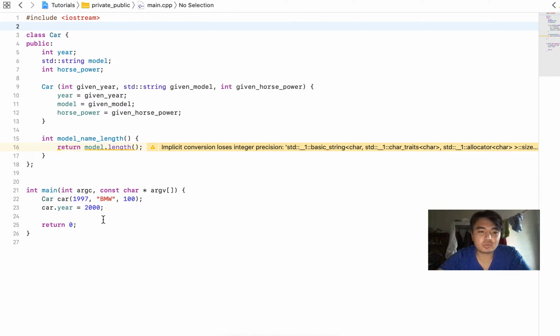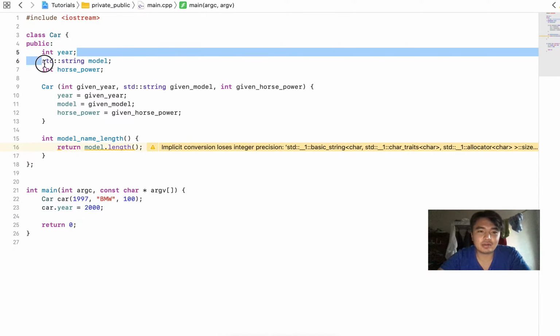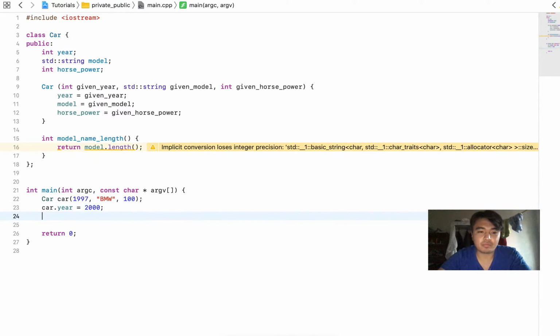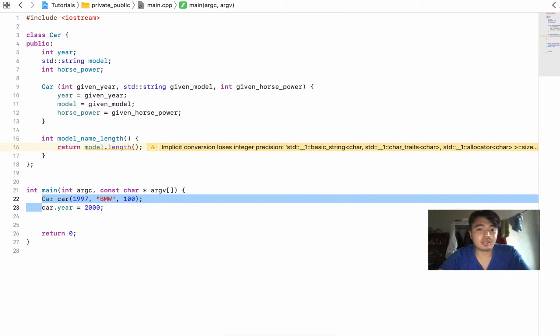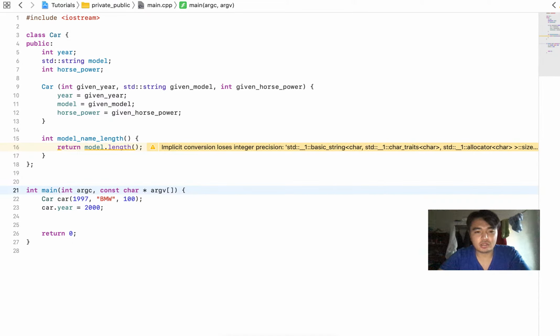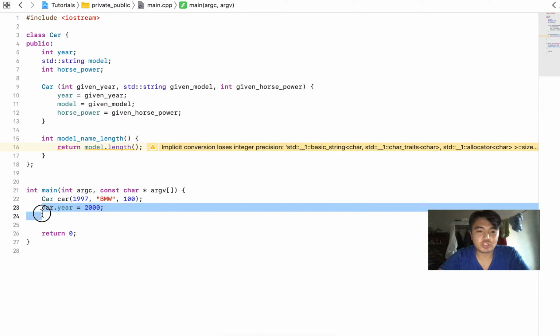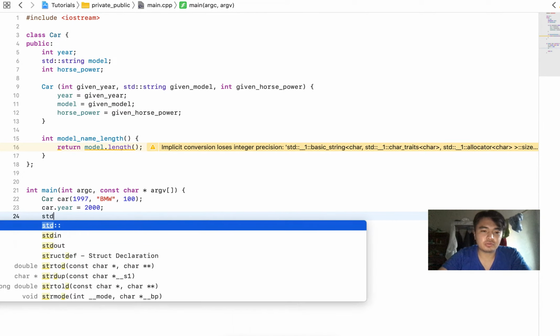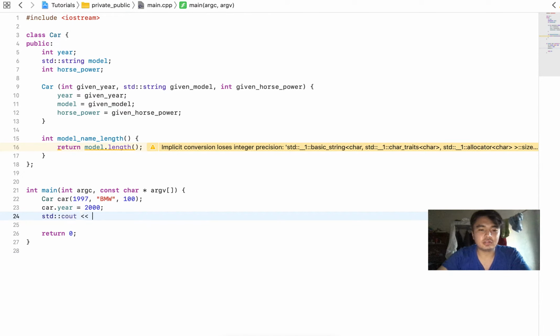So that means we can access all the things here freely by using an object. What I mean by that is, for example, we've created an object car, and we've given all the parameters that are required, and here we are trying to change the year of the car. And if we output, for example, the year here,